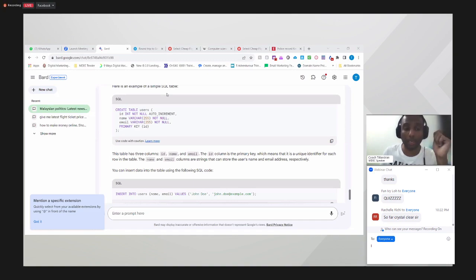So the summary, conclusion dia kat sini adalah, remember, guys, what is very important is, although Google Bard is giving you the answers, although you're getting the information, one of the very important aspects is to validate the answer, validate the information, validate the content yang Google Bard bagi tu.